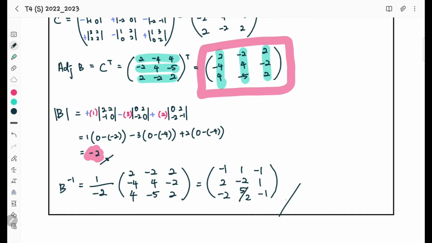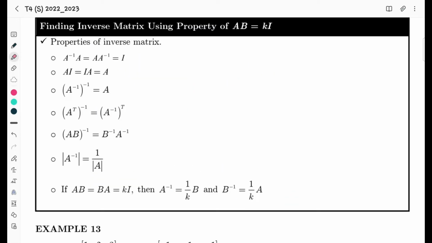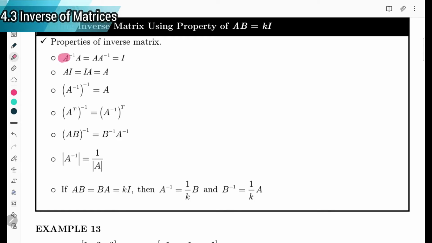Okay, so this is the inverse of B. It's using the property AB equals kI. So, properties of the inverse matrix: the product of A inverse and A is equal to A and A inverse, which equals I, and then A times I is equal to I times A, which equals A. Then the inverse of an inverse is just itself, and then the inverse of a transpose matrix is equal to the transpose of an inverse matrix,